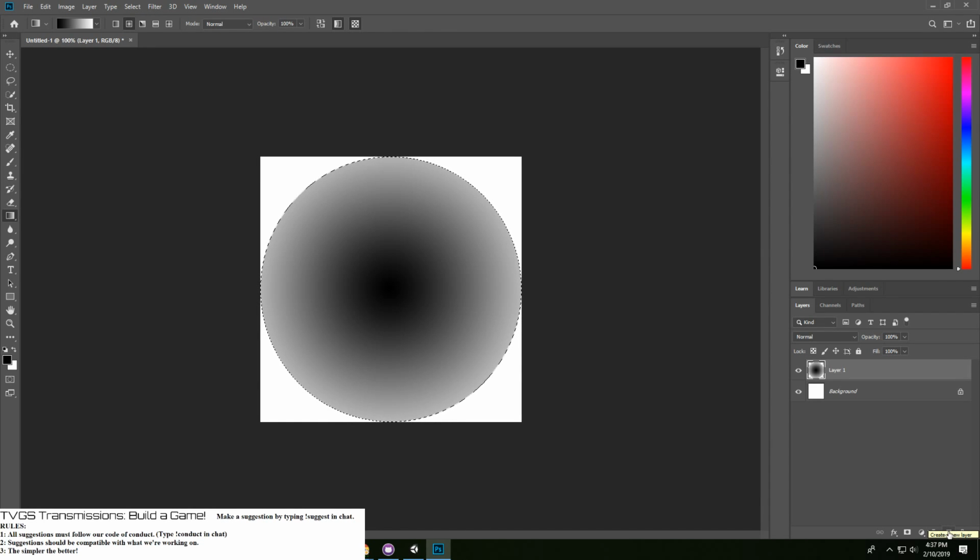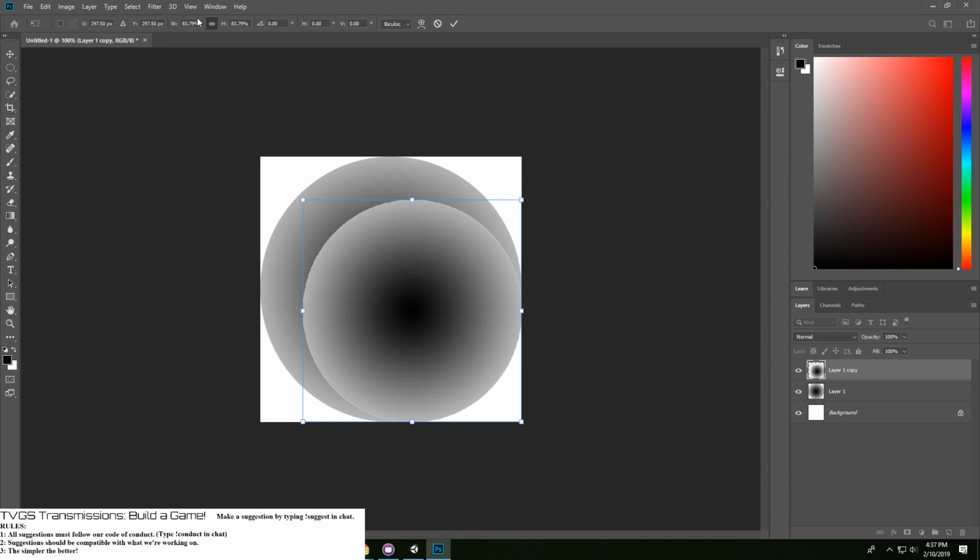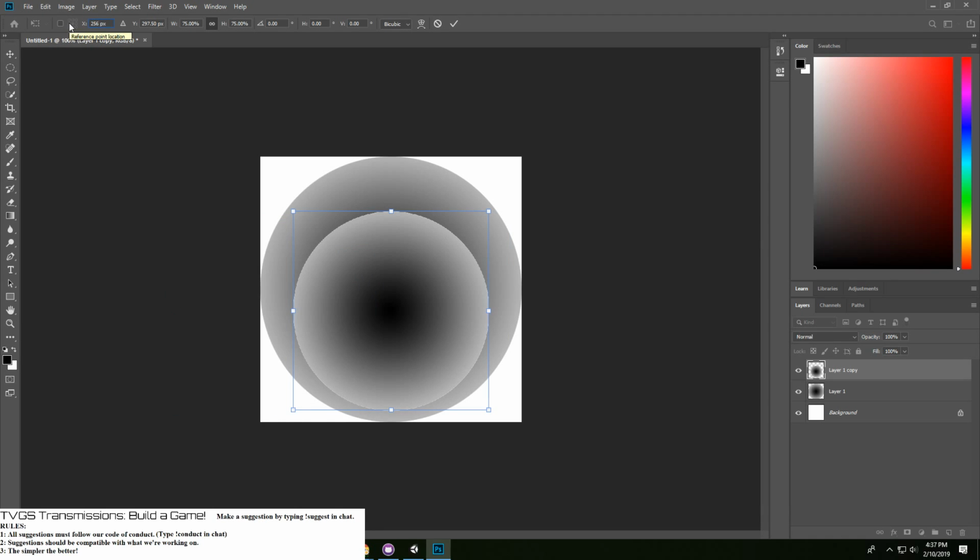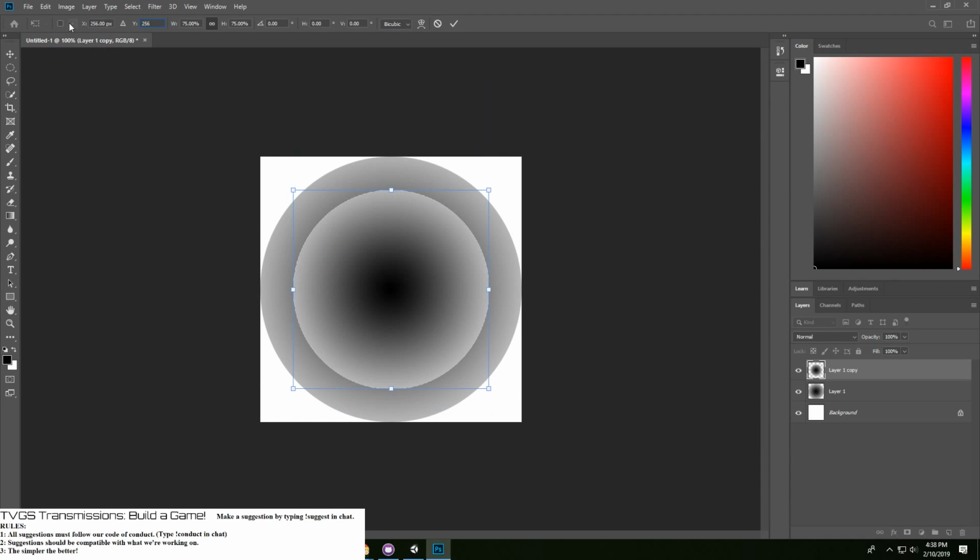And then we will take this and duplicate it. Control D. Take this. Okay, so it allows me to change that. I want to transform this into, let's say, 75% of its original size, but still keep it at 256 by 256. Position right there. I think I can just do that. Oh, okay. Yeah, no, that works too.